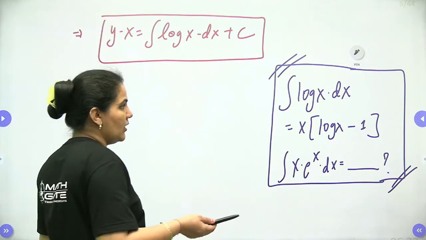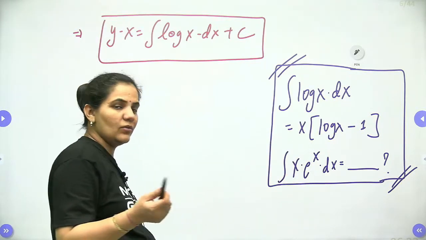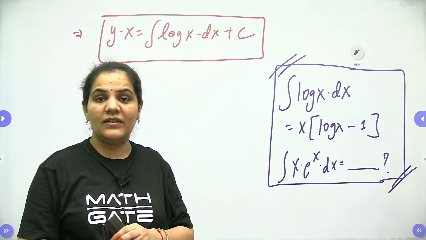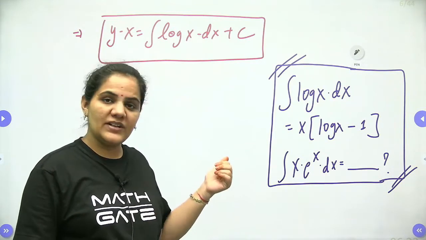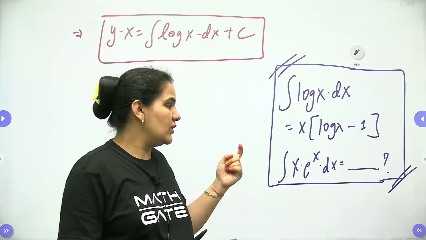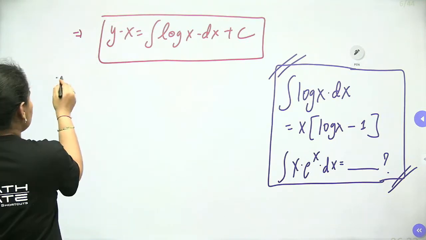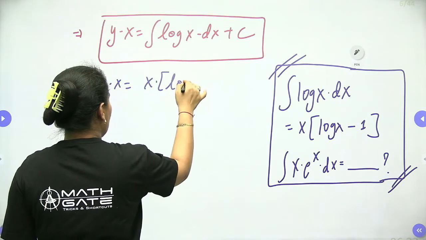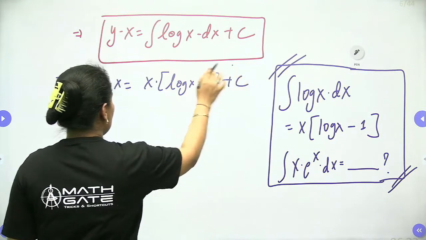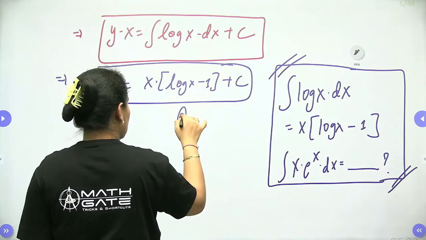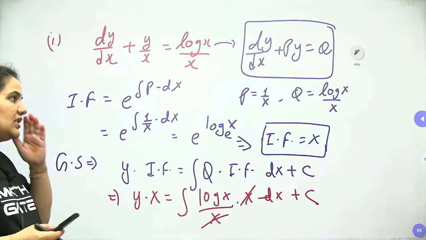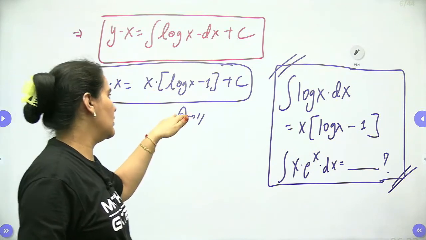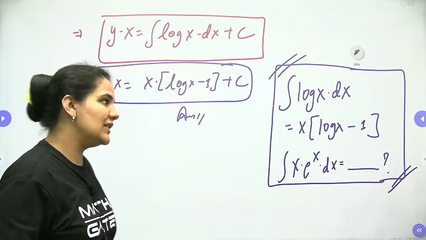Otherwise you have to go with the first function and second function. As we know, finding the integration by parts by the ILATE method is definitely a lengthy method. But with the help of my trick you can approach it directly in a single line. So it will be x into log x minus 1. So I will write here yx is equal to x into log x minus 1 plus c. We can leave the answer here because we don't have options; otherwise we would write the answer according to the given option.